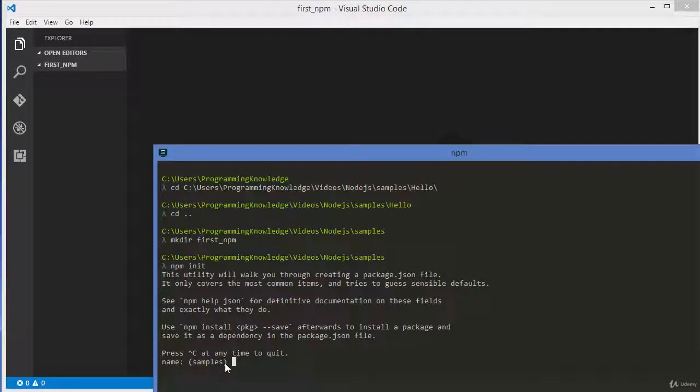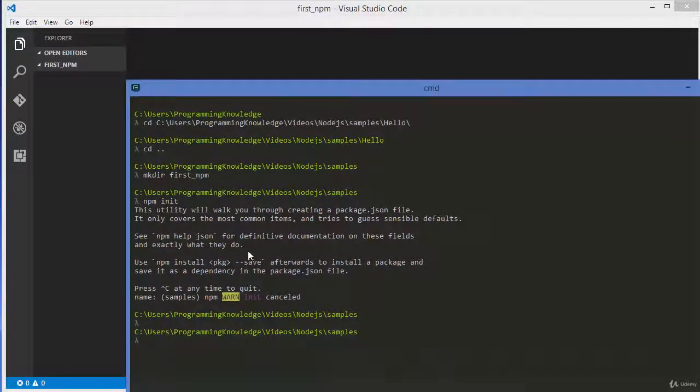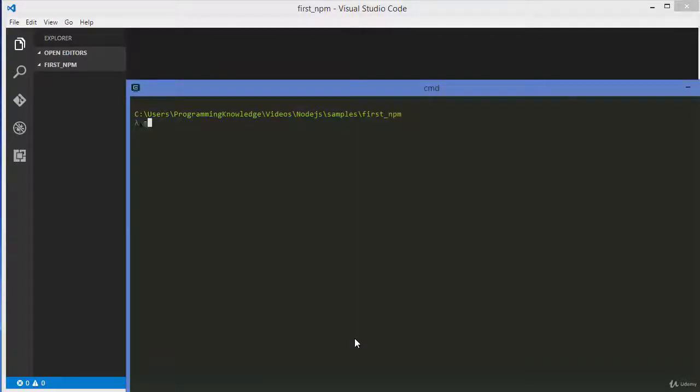So first of all, right now I'm in samples folder, which I don't want. I want to go to the first npm folder. So I'm going to just cancel this npm command and let me go to this first npm folder. So right now I'm in the first npm folder. I was in samples folder, so I changed it to first npm, right? Now I'm going to clear everything for now, and then I will give npm init command. Okay, so just go inside your folder in which you want to create your project and give npm init command